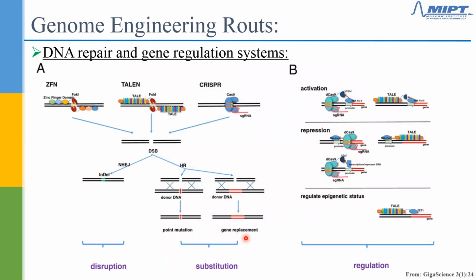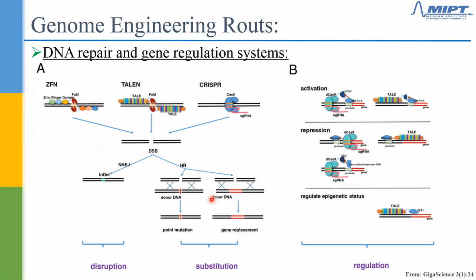Importantly, you made the double-stranded break, but again, that's not the end of it. Of course, the actual engineering happens with the use of the cellular DNA repair system, right? And it's important to know that there are major DNA repair systems present in all cells. There is the non-homologous end joining mechanism, which is much more active, and homology-driven recombination, the homologous recombination mechanism, which normally would use the second chromosome to repair a